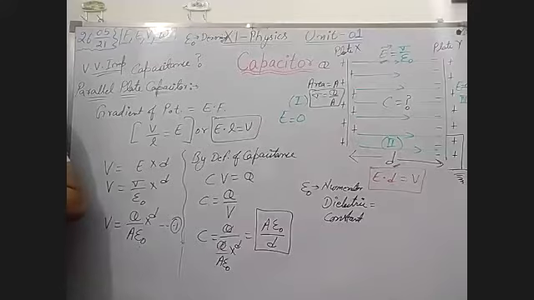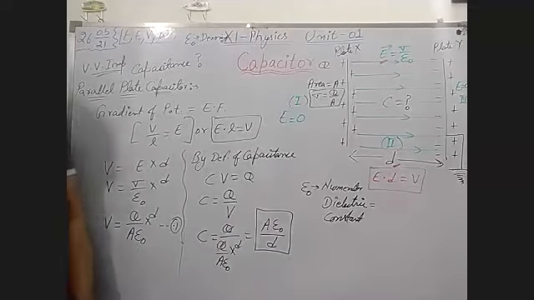Dielectric constant is found by taking the capacitance of a capacitor with dielectric in between the plates, or it is the ratio